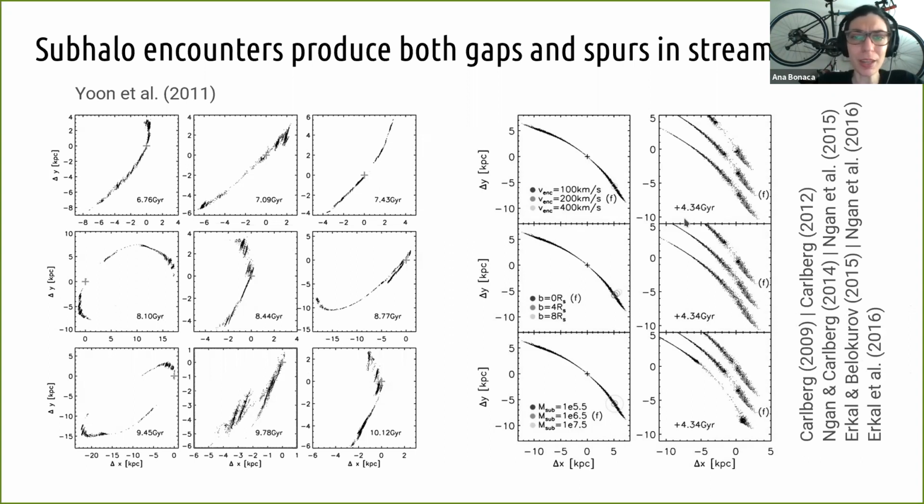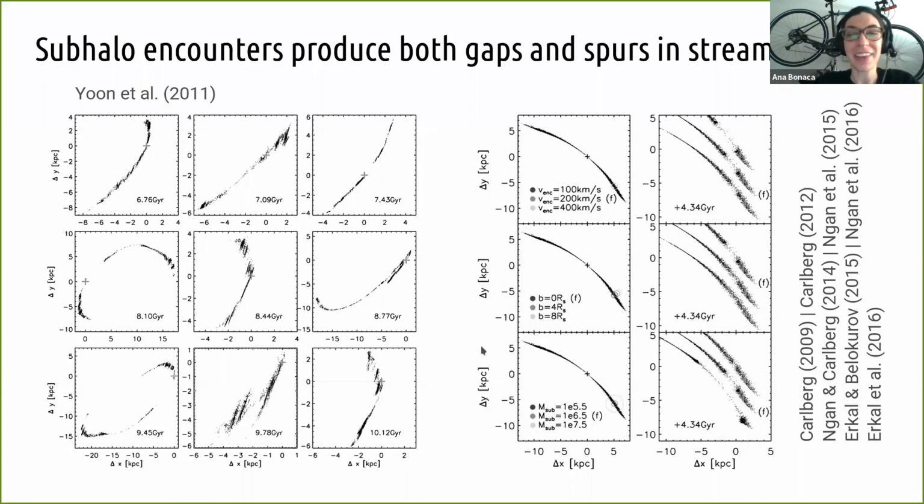But the offshoot was that we have a pretty good understanding of how the gaps in streams change as a function of velocity, relative velocity between the stream and the subhalo. So as you might expect, the slower moving subhalos would produce larger gaps. And similarly for the impact parameter in the bottom row here, the closer the subhalo comes upstream, the larger the gap again. And also for the mass, the more massive the subhalo, the larger the gap as well. However,